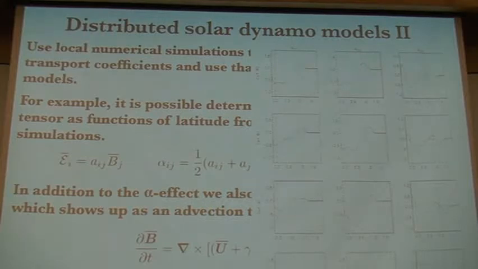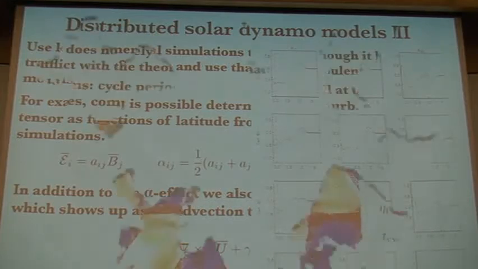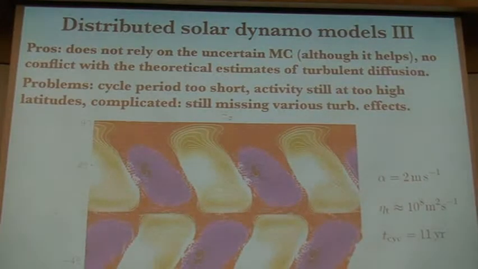If the rotation rate in these models is higher, then we can consider those to represent the situation at the base of the convection zone. Okay, so that's what we did, and then we put all of these coefficients into our model,